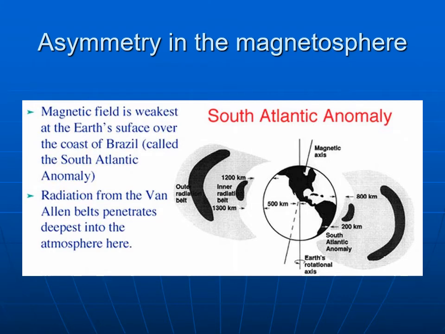It has to do with the fact that this magnet that acts like it's inside the Earth is actually a little bit off center. It's not really going right through the center of the Earth. It's just a little bit off to one side. That means the Van Allen belts are a little bit higher on one side of the Earth and lower on the other side of the Earth. And so the South Atlantic Anomaly is right here, where the Van Allen belts are actually coming down very low, and so these low Earth orbiting satellites bump into the lower edge of the Van Allen belts. And so that gives you radiation exposure, which gives rise to the South Atlantic Anomaly.